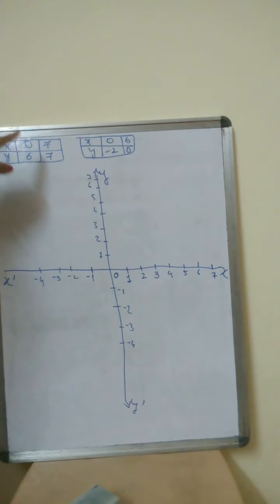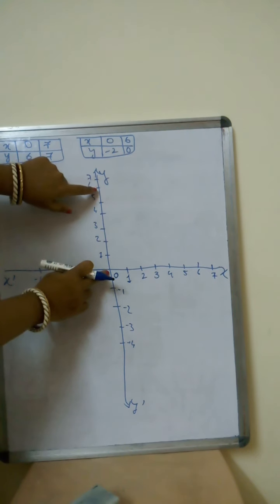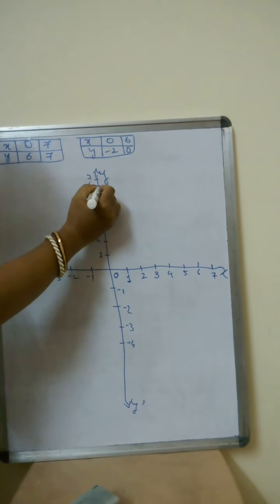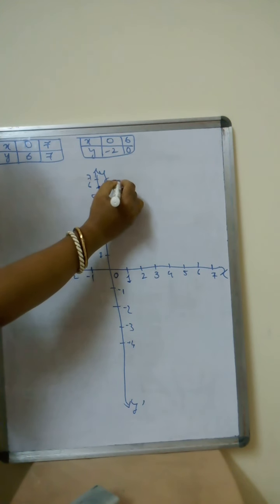Okay. Now I will be doing it freehand, so my lines will not be straight. When you do it with a scale, you can draw the lines in a much better way. So in the first pair, my x-axis value is 0, which means the origin is here, and my y-axis value is 6. Where is 6? It is here. So my point will be here. So I make a point and write 0, 6.